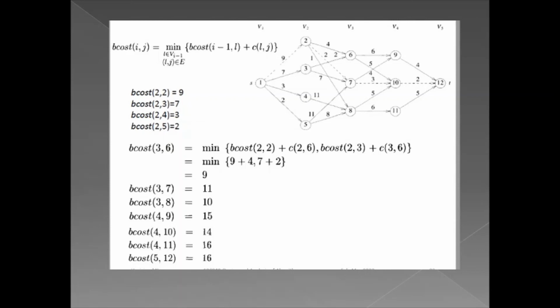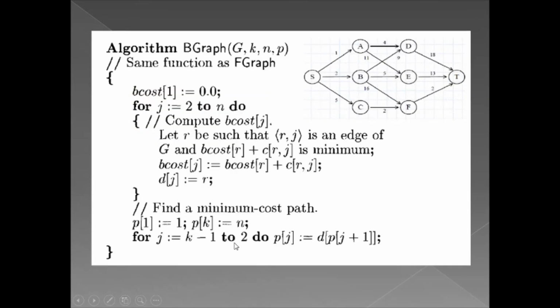The same thing we are going to apply. First we take this as the source, and we find the cost of vertices of this stage, that is 2,2, 2,3, 2,4 and 2,5. Next we are going to find these, 6, 7 and 8. Again the same thing: here we are considering the incoming edge and the cost of the vertex from where we are getting the edges. The minimum among them can be the cost of that particular vertex. This is how we have found it, and the same thing, we are getting the answer as 16.